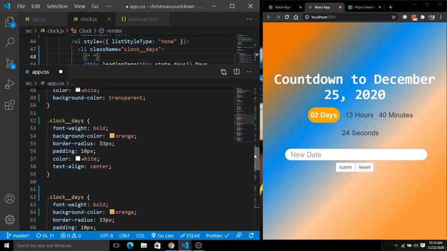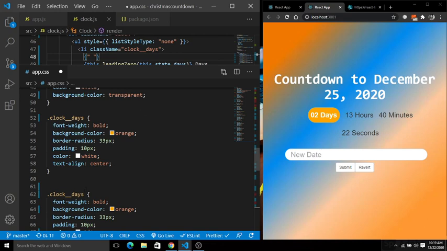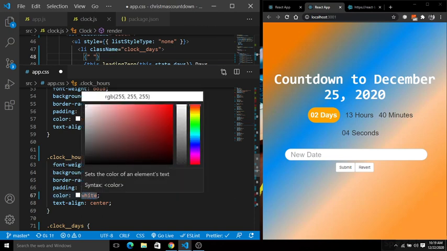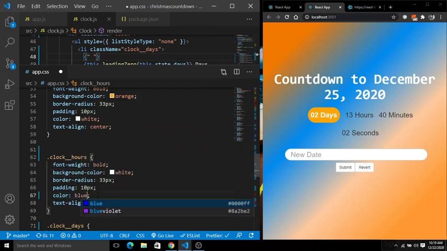Next, we have hours. So we have hours, font bold. Give the background color of white, because white is in the center of my national flag. So background of white, color of blue, royal blue. Save this.